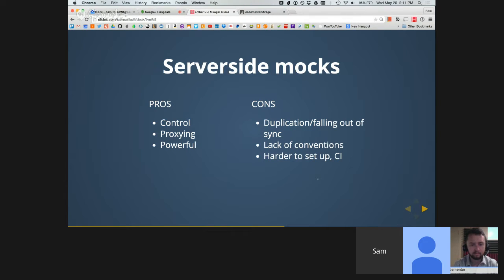And the server-side mocks, while they're more powerful, make your app as a whole less portable, and so you still have to go through this extra step of setting up your CI environment, let's say, or setting up a new developer to get them to the point where they can start developing and testing your app. So